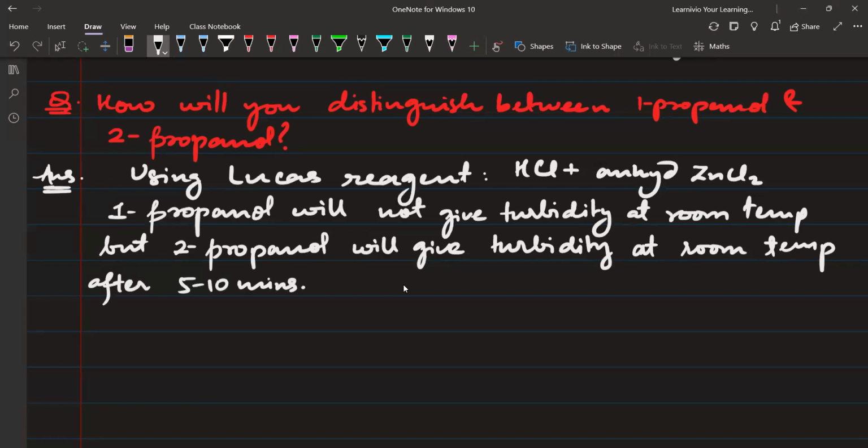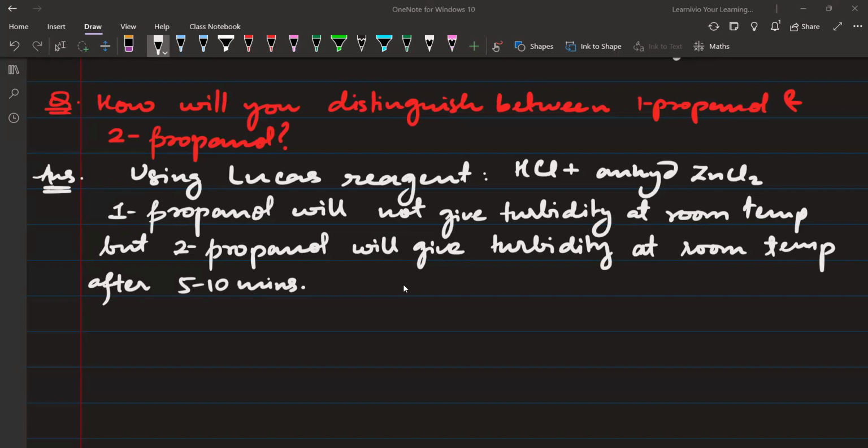Okay, this is a format that you are going to learn slowly as we proceed in this particular chapter. This is the format in which you are going to write the answers for the distinctions. यही same format पे रखना है वो. सबसे पहले name the reagent and what you are going to use, and then show how this reagent is going to distinguish.